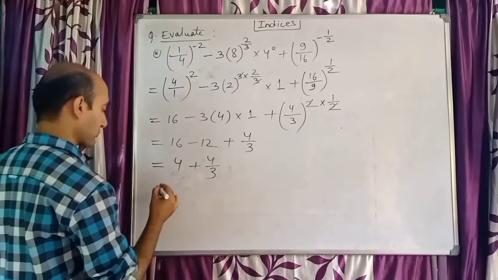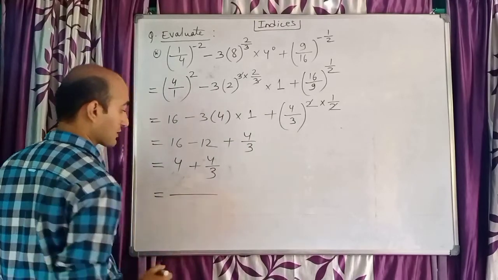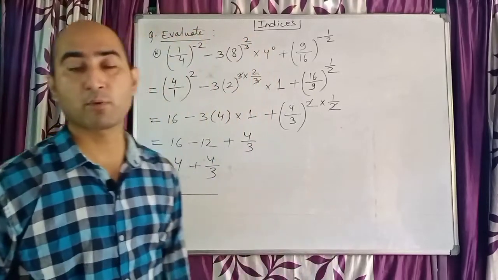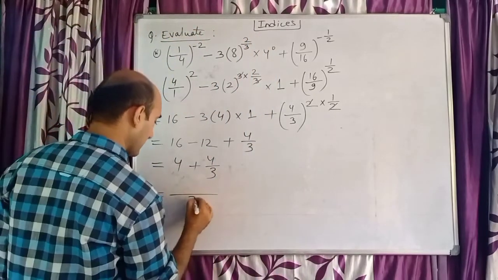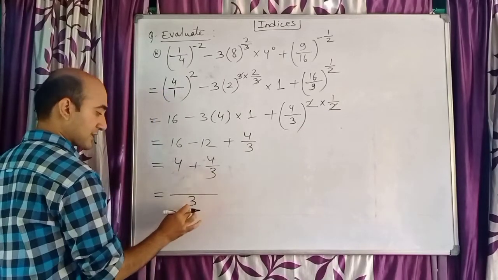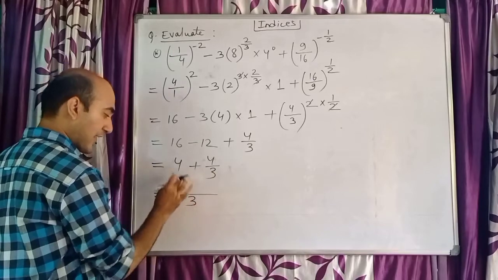So in such case we have to do LCM. I have told in my previous video that fraction numbers should always be added or subtracted with the help of LCM. So here I write my LCM as 3, because below this there is 1. 1 and 3's LCM is 3.